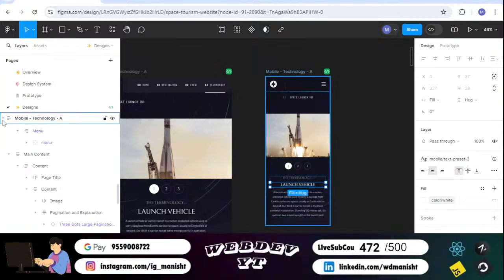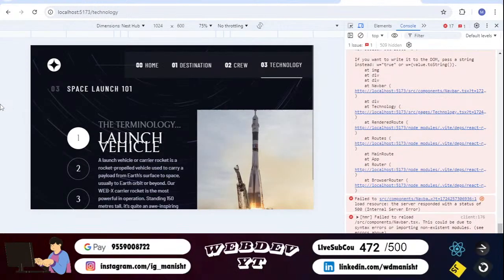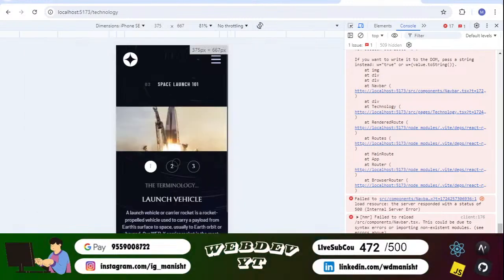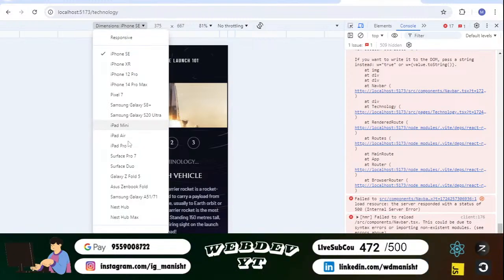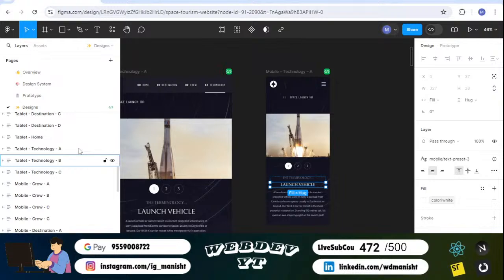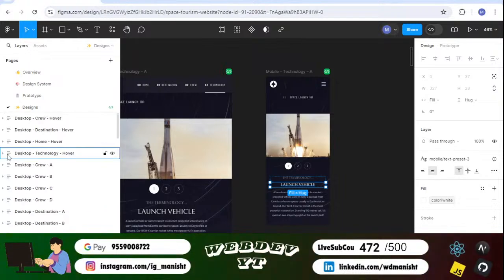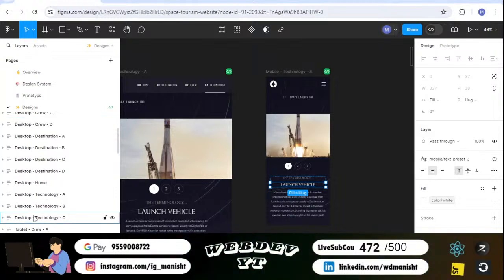I think for desktop screen it's failing. Okay. The desktop screen, I think it's working fine. If I go to, if you can see it's working fine. It is failing for desktop. So we need to go to the desktop technology. Desktop destination, desktop technology. Let's open this main